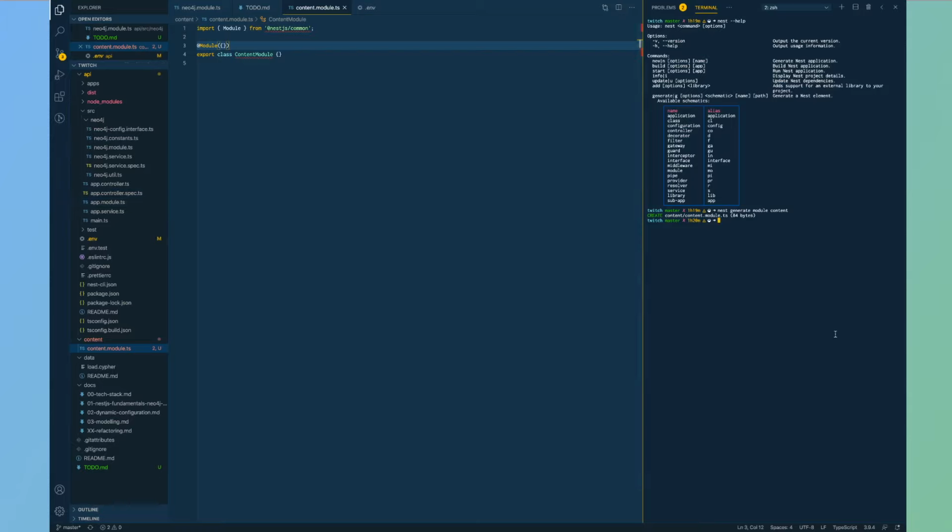Which is great. I also want to generate a service, content service.